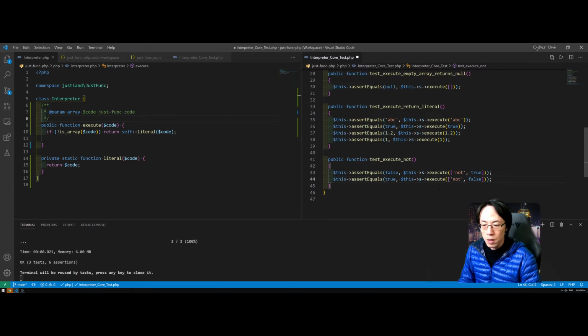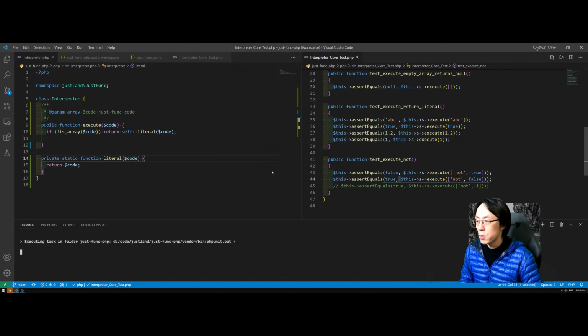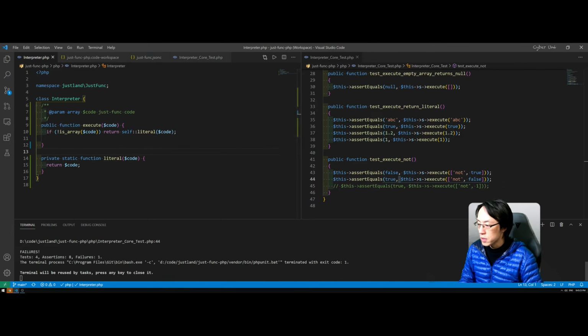So what if it is a number, right? And then what should this be, and also other cases, and we will get to that in a moment. But first, let's get this to work. And of course, this is failing, right? And so what we did over here, by the way, just to give an overview of what we have right now